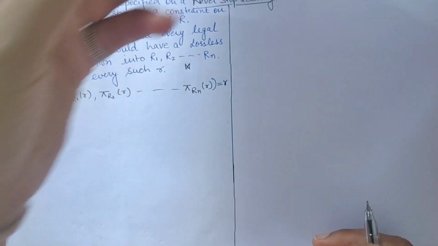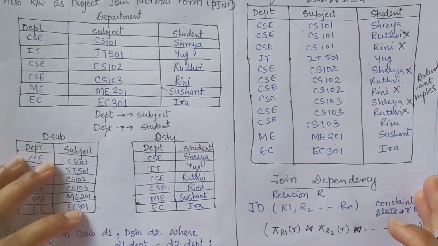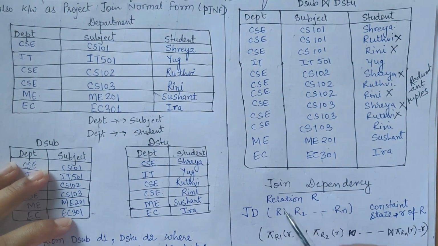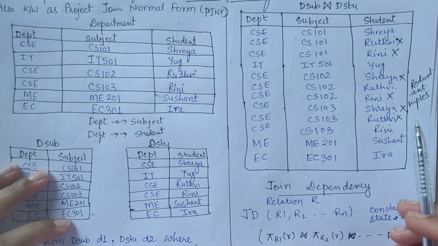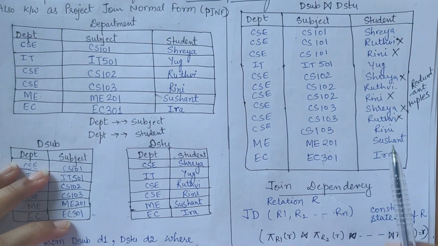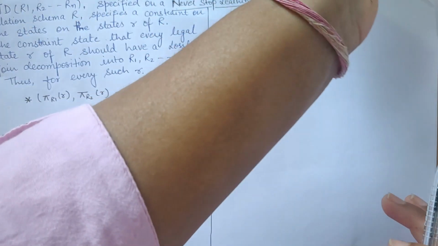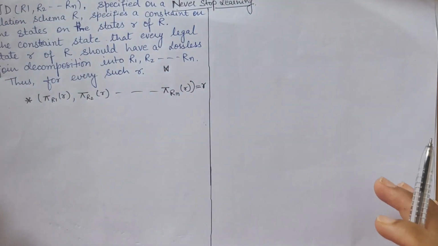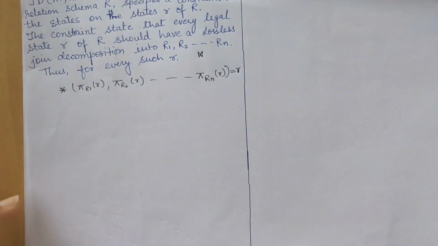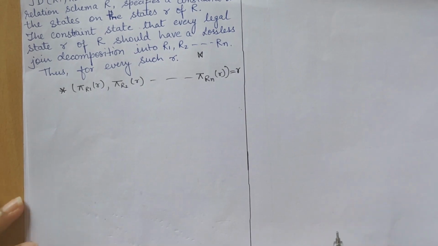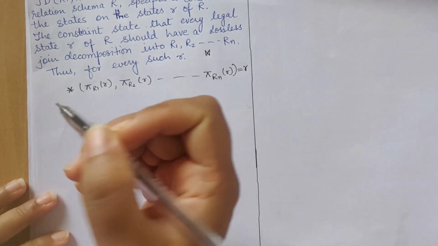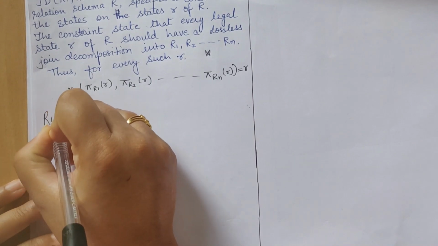But as you have seen, because of this joint dependency, when we applied the natural join, here if you can see, we are getting the redundant tuple. So to avoid this, we need fifth NF. Now, rules for fifth NF, as we know, the normalization is all about rules. So first let me tell you the rules for fifth NF.